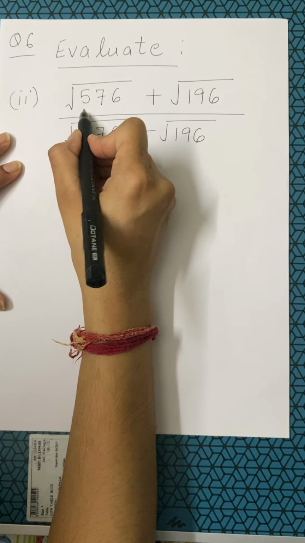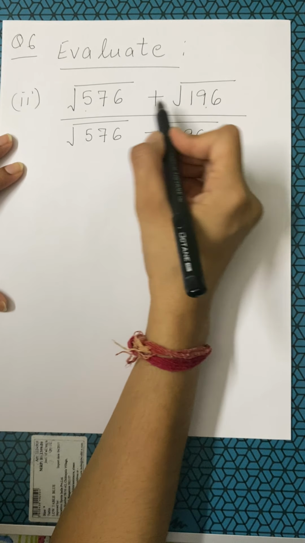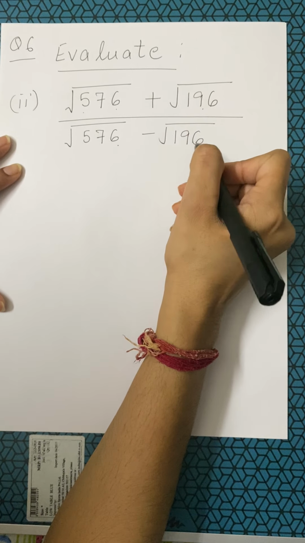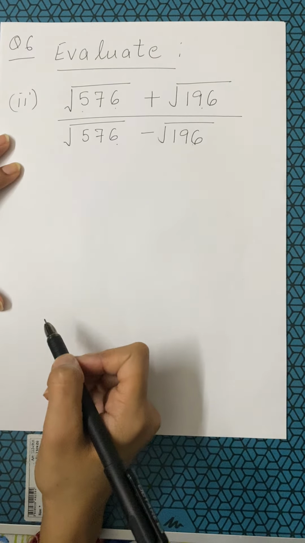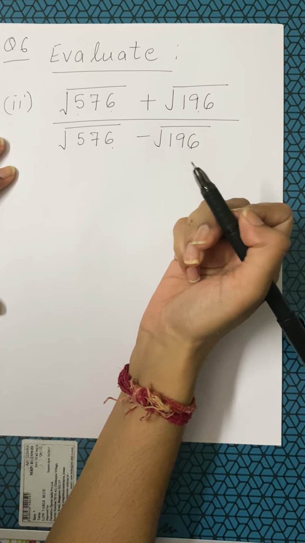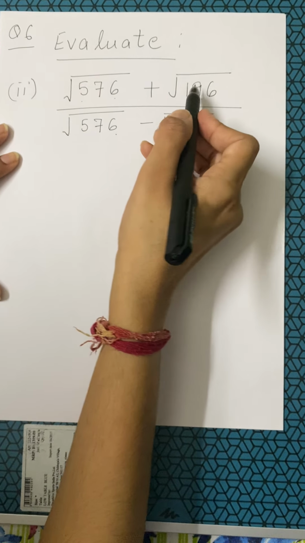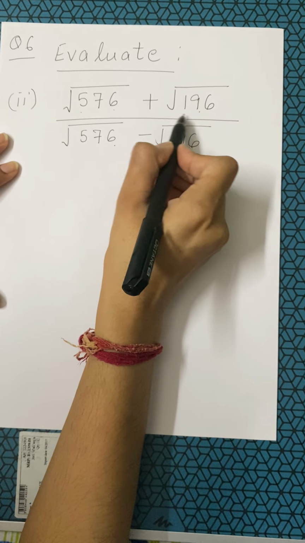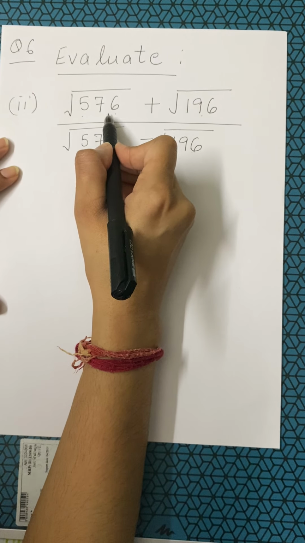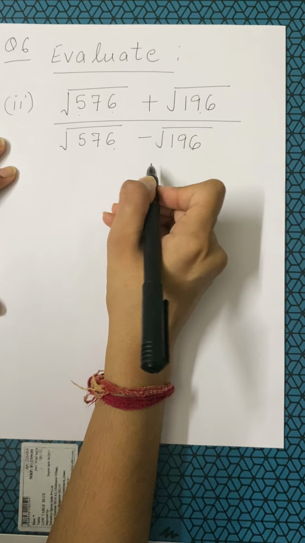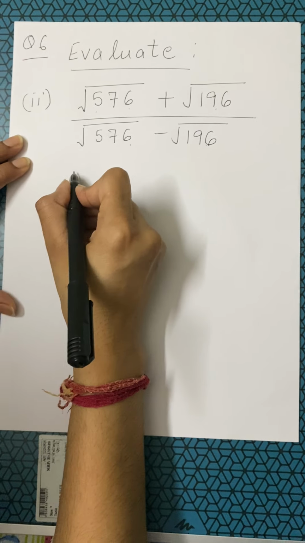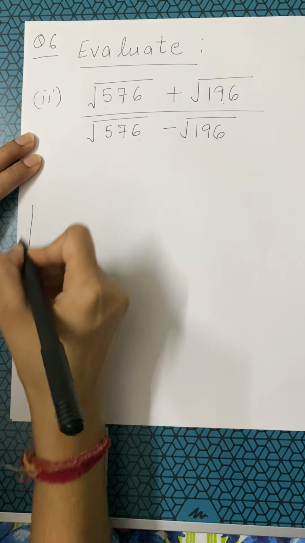Okay, now 576 and 196. In numerator and denominator, both the numbers are the same. I need to find the square root. But according to the rule, I will be solving the numerator first after finding the square roots, denominator later. Okay, first of all, let's find the square root of the given number,